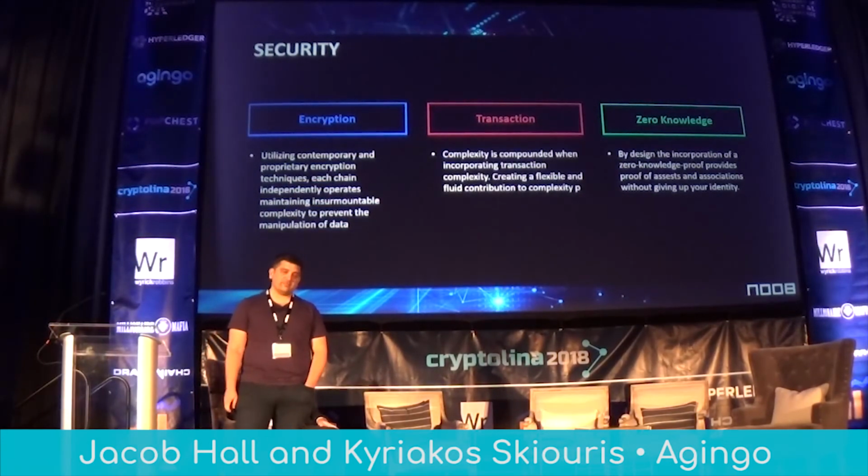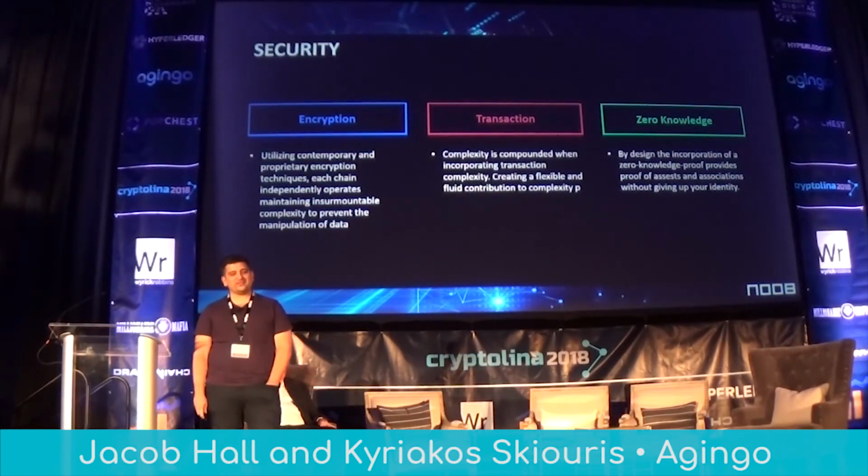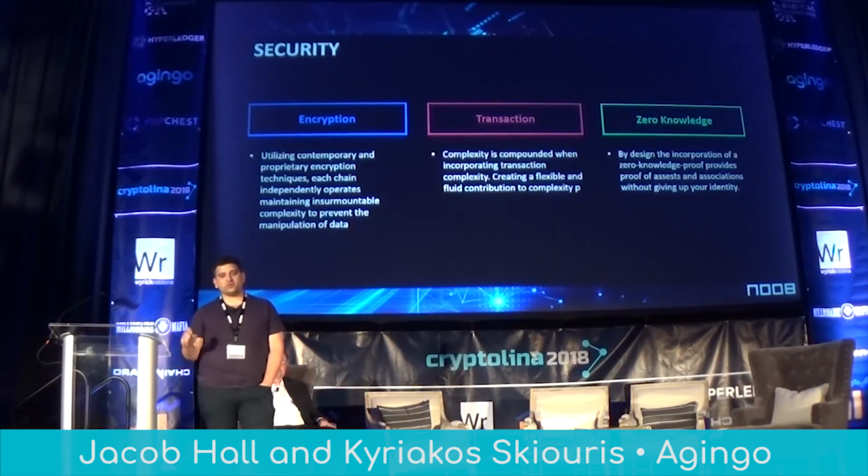Encryption, we use a very, very, very quantum-resistant encryption. Each chain actually has its own root keys that are always created and recreated. Transactional complexity, we introduced this. It is not something that I know any other blockchain has. It's not just one thing to know the 2 end parties. There is no man in the middle. It's also the ability to know all the other moving parts underneath, which are completely encrypted traffic, to be able to try to get to them. And those are selected randomly based off of the trustworthiness.